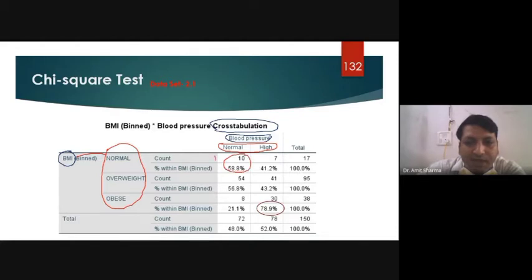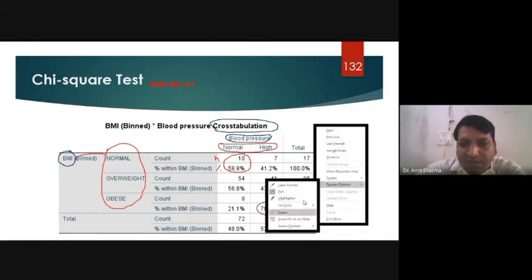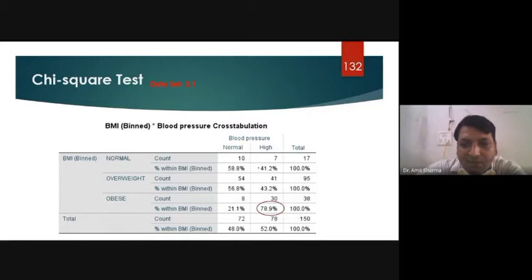This is your N, and this is your percentage, 58.8%. Now I will show you one example of why percentage is mandatory and very important here. You can see that for the n number 10 we got 58.8, and for number 54